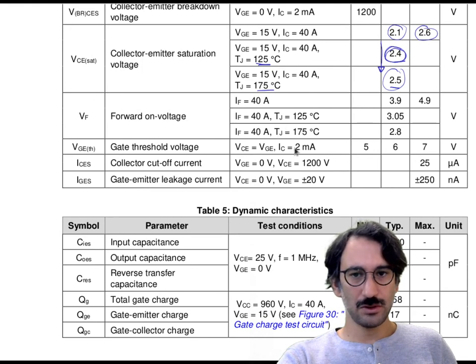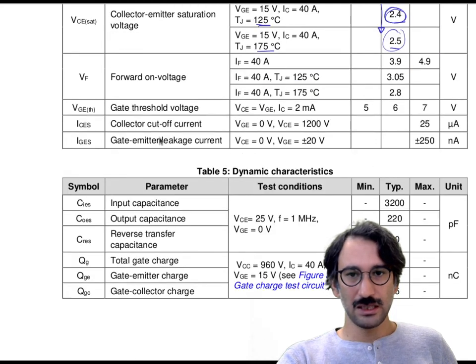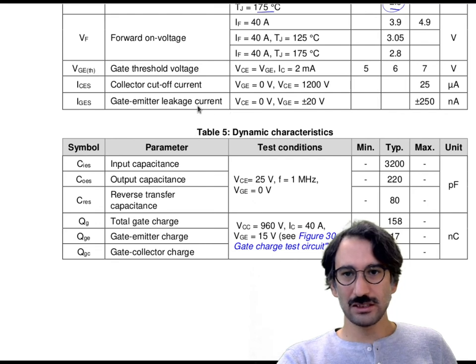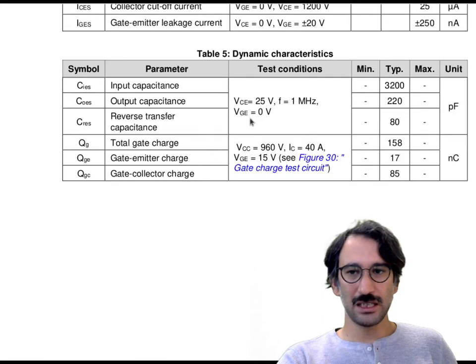Okay, so what else? Collector cutoff current, in microamps, and this is the cutoff current. And gate emitter leakage current, so there's a leakage current of 250 nanoamps. And again, they have the dynamic characteristics for input capacitance and output capacitance, in picofarads. This is again similar to what we discussed in the MOSFET. There's a total gate charge of 158 nanocoulombs, so your driving circuit will charge that capacitor